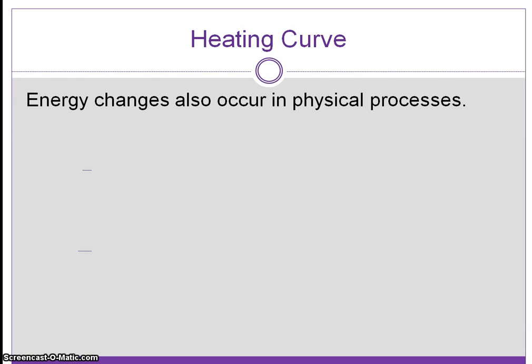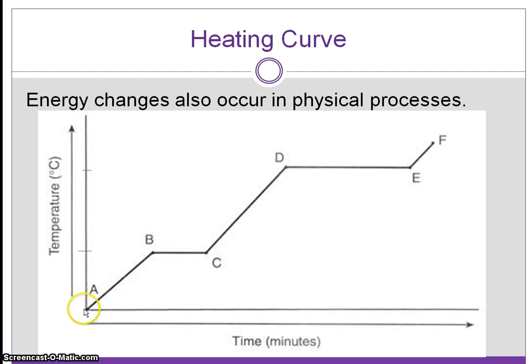Yesterday we talked about the energy changes that happen in chemical reactions, and we saw the graph that has the activation energy, but they also happen with physical processes, and what I mean by that is like phase changes. So the graph we're going to look at is called a heating curve, and it looks like a staircase. And the whole point about this heating curve is that the temperature changes as it's heating, but not during a